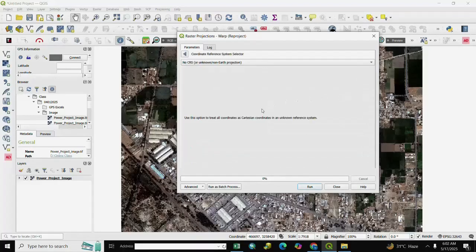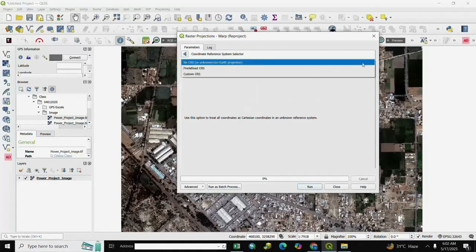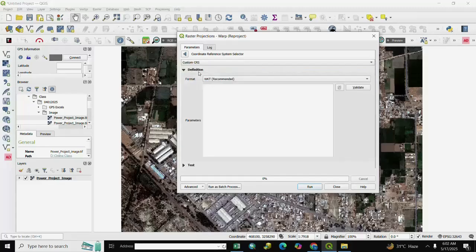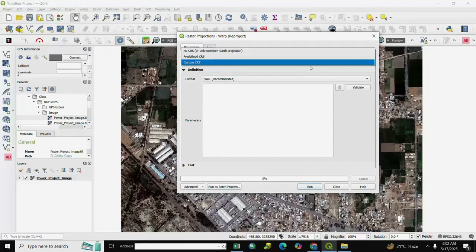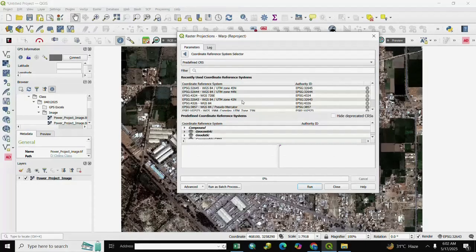If you want to target your projection, you select the target as per your requirement. Target projection means, if you have 43 north projection and you want to change to 44, you select 44 here.